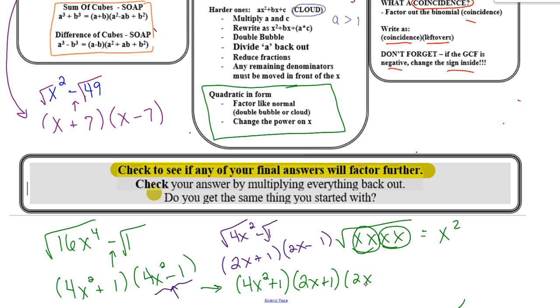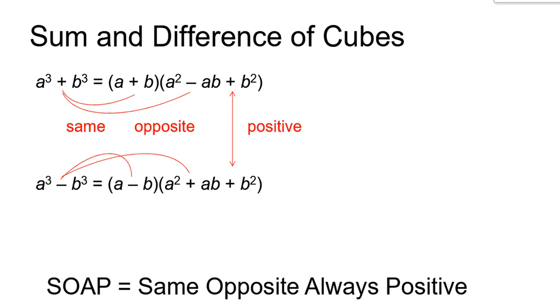I'll show you some more of those towards the end though. So check to see if it factors further. This is a perfect example of it. All right, let's start with the sum and difference of cubes. This is a formula, just a formula. You just have to remember what pieces go in the formula and where, and then to do the proper operations